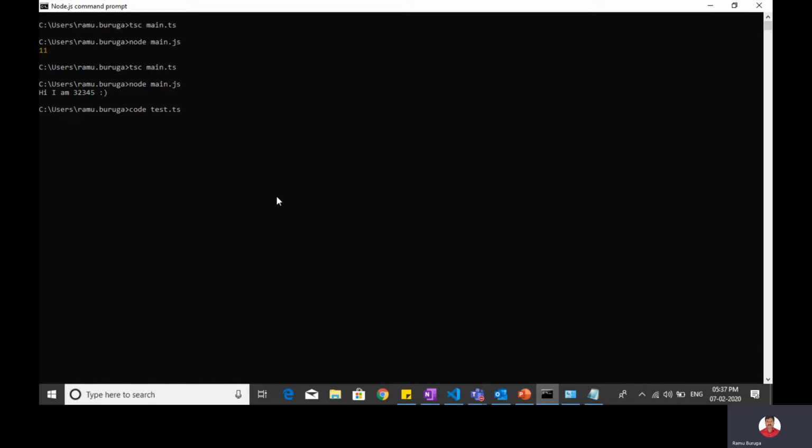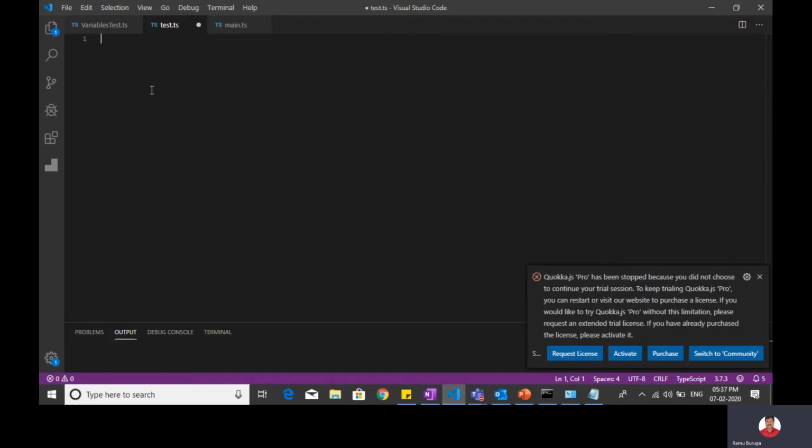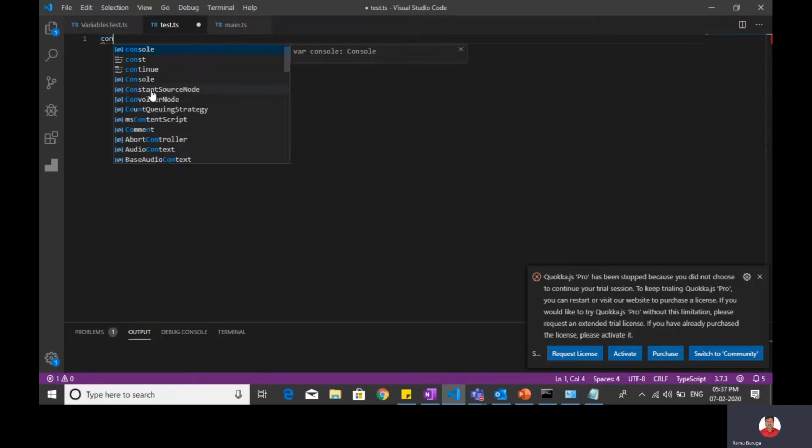When I type it here, it is created and opened in Visual Studio Code automatically. You see this folder, and under that the test.ts file has been created and automatically opened here.